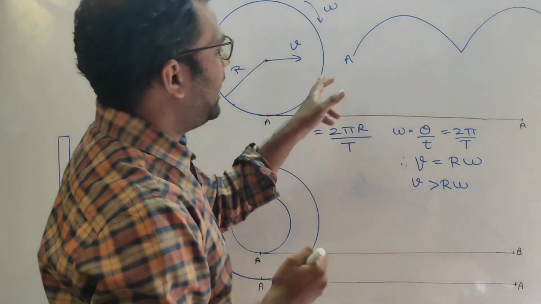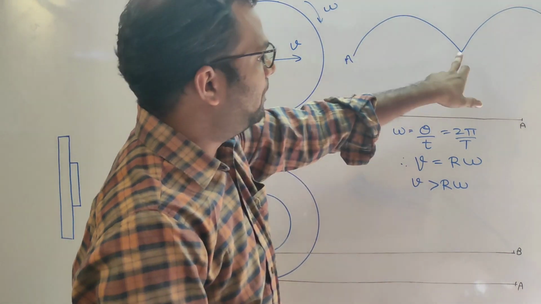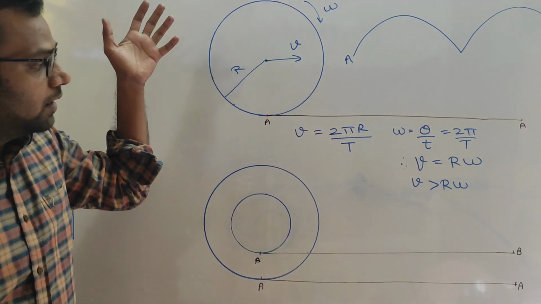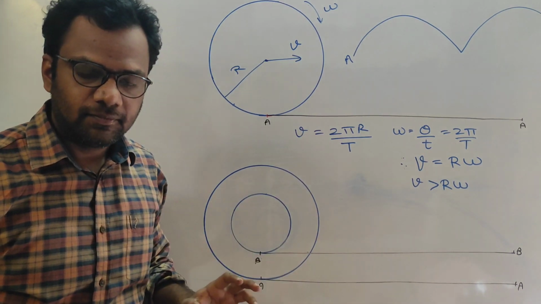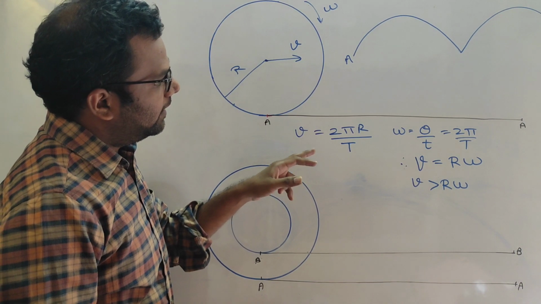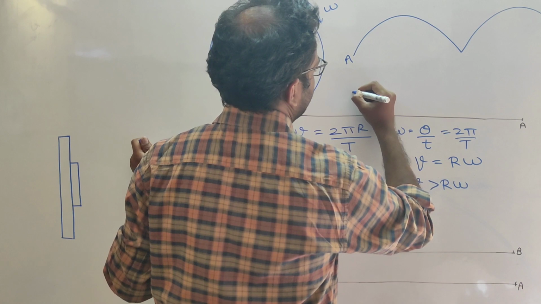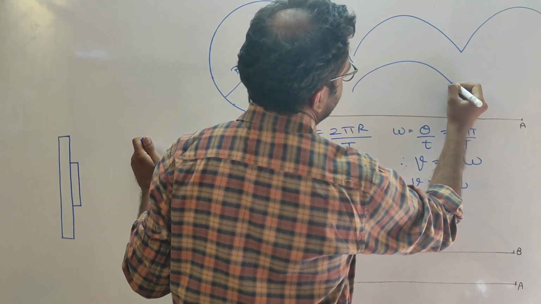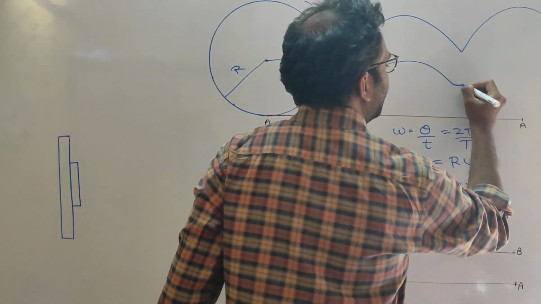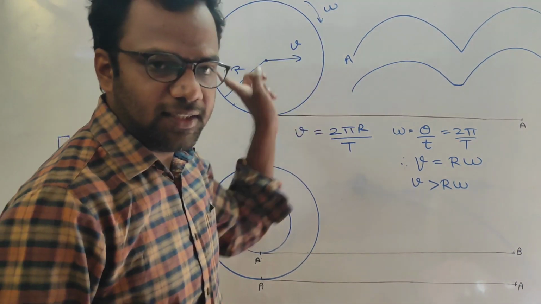As you can see, the point A will be in contact with the surface only at one particular point, and then it will again get lifted off. This will happen for rolling without slipping. But with rolling with slipping, this won't be the trajectory of point A. The trajectory of point A will be like this. So it will slip, or skid, through some distance on the surface before getting lifted off again. And this will happen for each and every point on the disc.